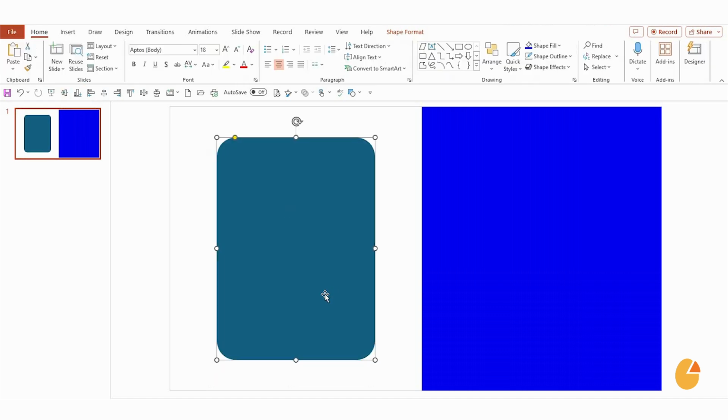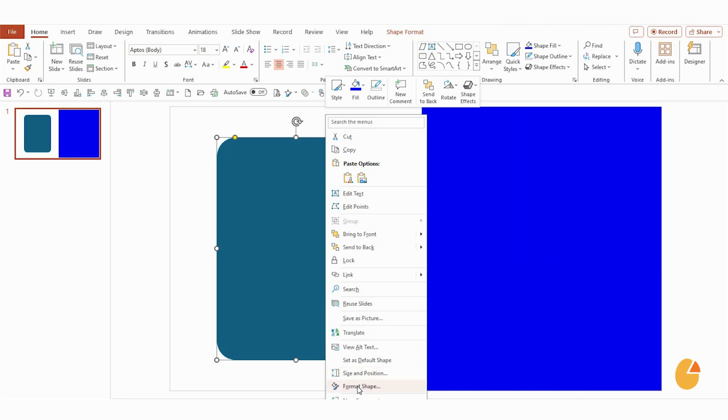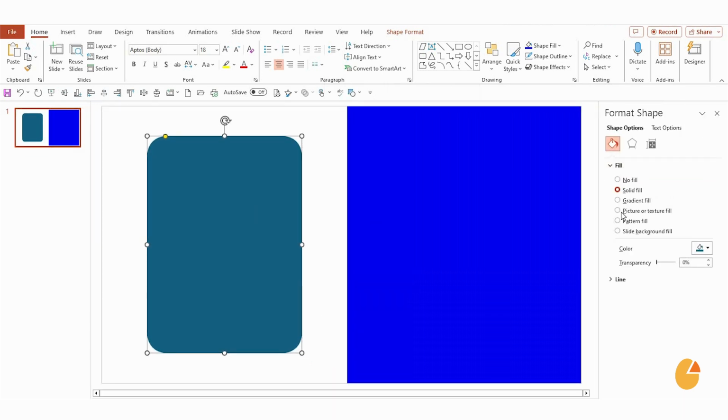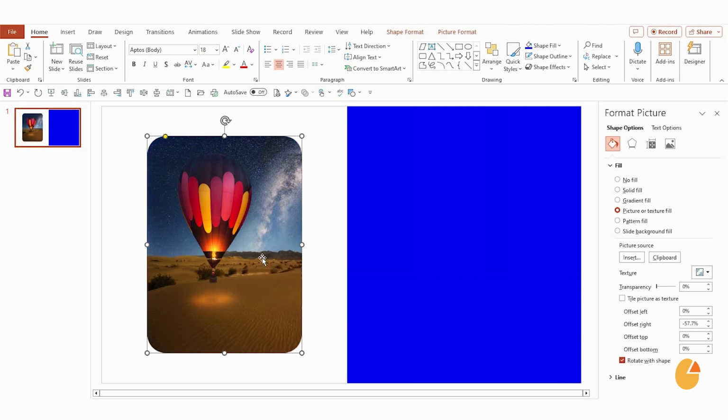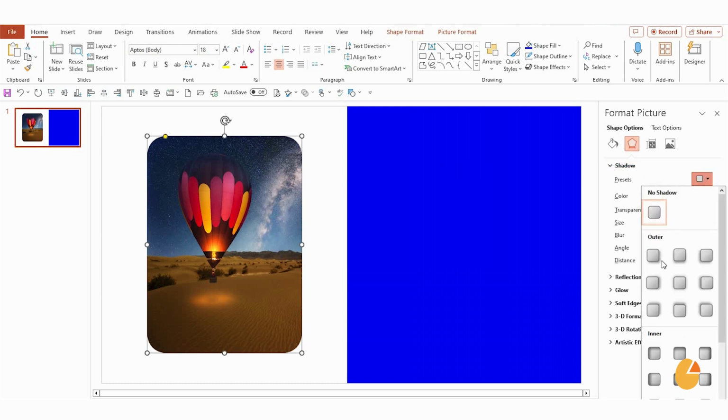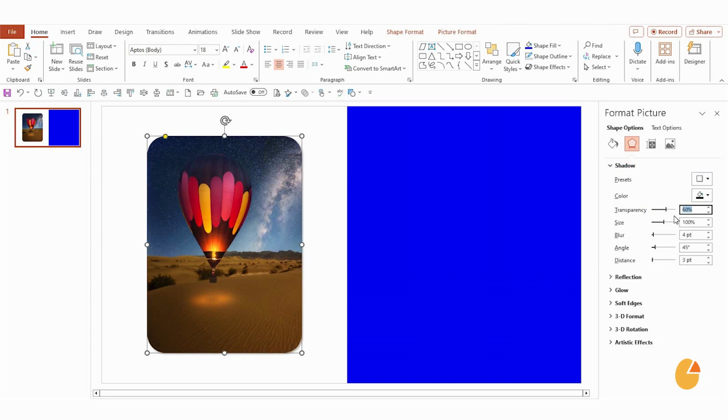Now, right-click on the rounded rectangle and choose Format Shape. Under the Fill option, select Picture or Texture Fill, and insert the image you want to use. Once the image is in place, go to the Effects option and add a shadow. Set the shadow to appear at the bottom right corner, adjust the transparency to 55%, and set the blur to